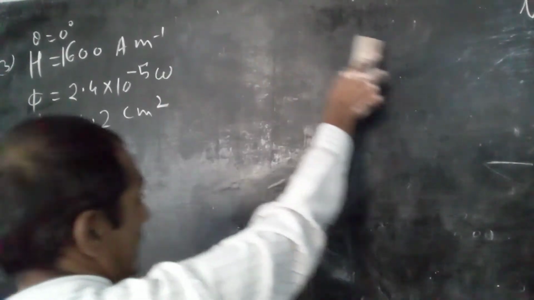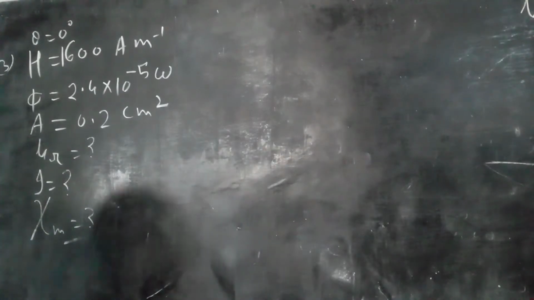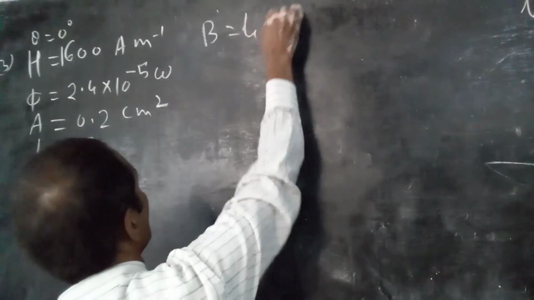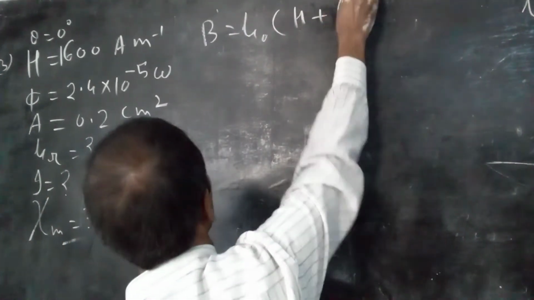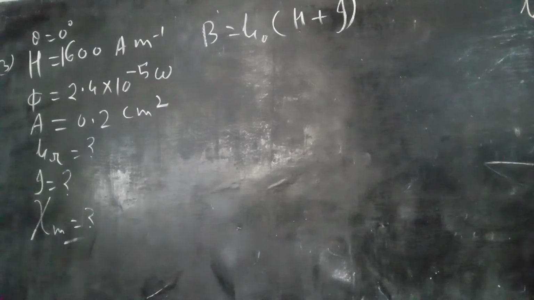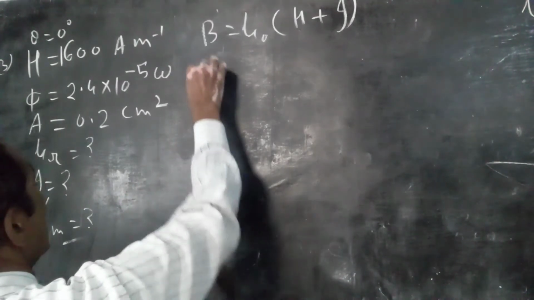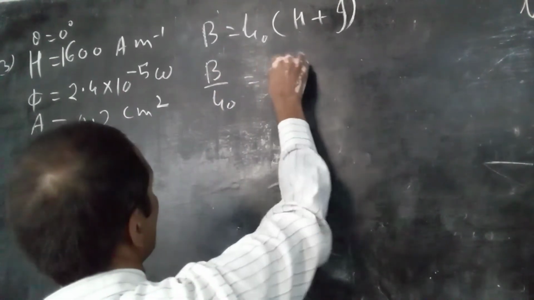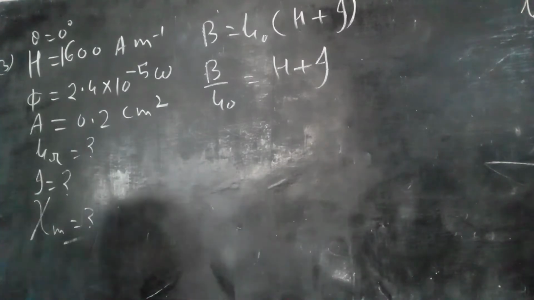So we know that magnetic induction B is equal to mu0 into H plus I. So in this equation I is unknown, the rest of the quantities are given. H is given and magnetic induction you have calculated, na? So B upon mu0 is equal to H plus I, na? So B upon mu0 is